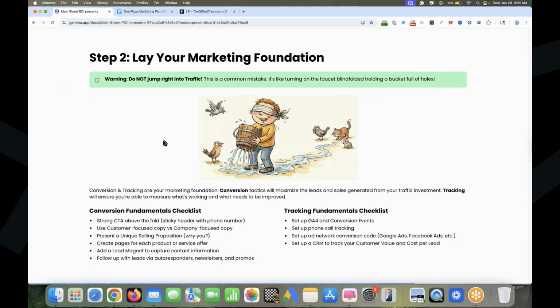So conversion and tracking are the marketing foundation. We want to make sure that we're utilizing these tactics so we make the most of our investment. And here I've got some low-hanging fruit as far as conversion optimization. So first step, we want to have a strong call to action above the fold on our website, and potentially